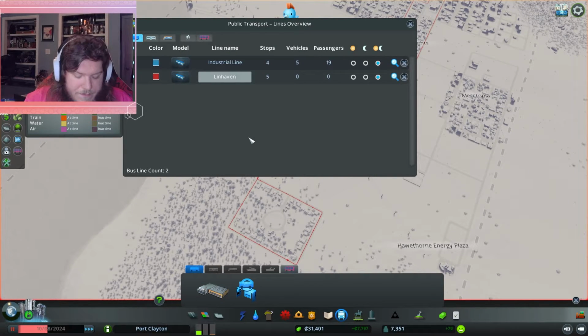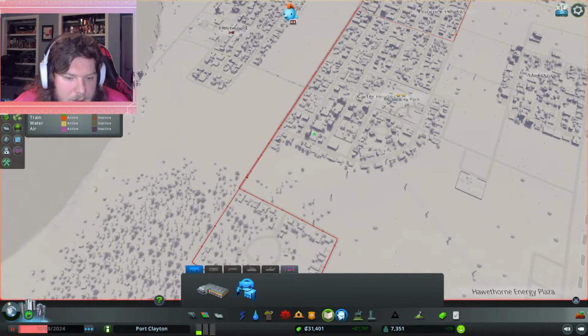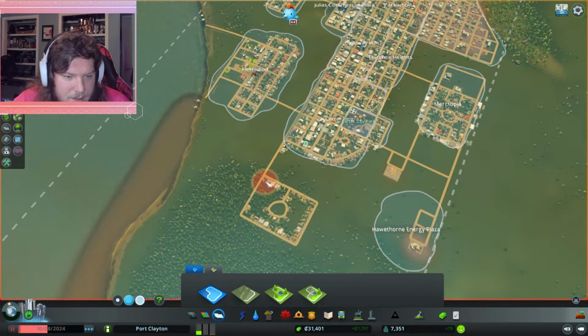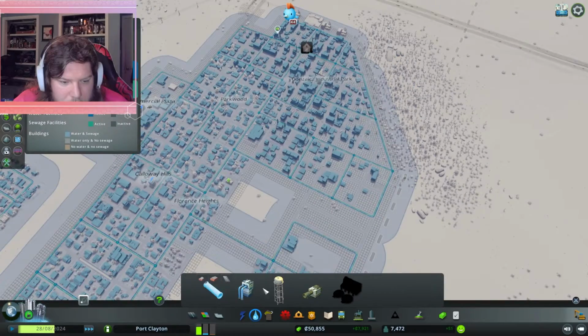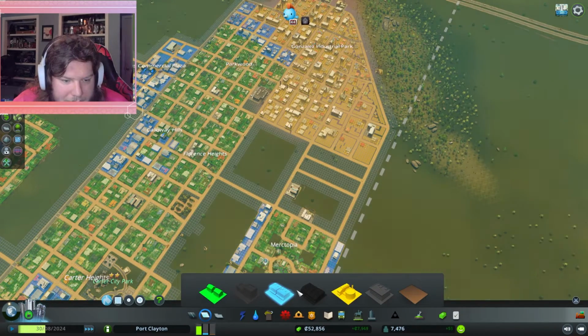We'll call it the Lynn Haven line. If I click on the Lynn Haven line, so I want to click out of this. Number of vehicles, we'll drop that down to 5. And we need to create this as a district over here. We're gonna call it Lynn Haven. Now what I'm gonna do is I'm gonna go ahead and back to my straight line tool, connect these in and connect that across. It's all watered right now, so I can just go ahead and add in some